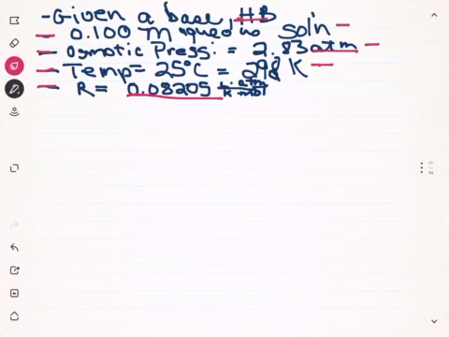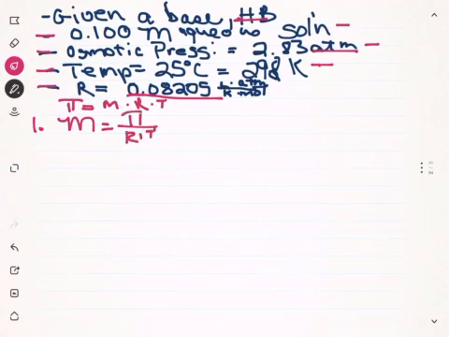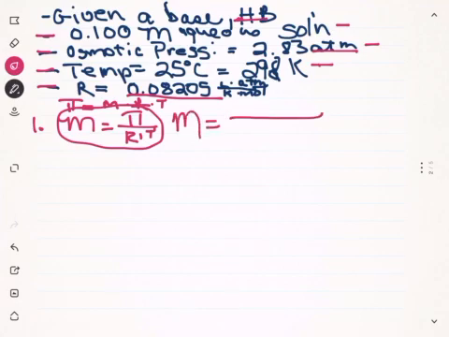Okay, let's do step one. And for step one, I'm just going to write a little up here. Osmotic pressure equals M times R times T. So we're going to be solving for M equals osmotic pressure over RT. This is the equation we're using right here. So let's set this up. M equals 2.83 atmospheres divided by